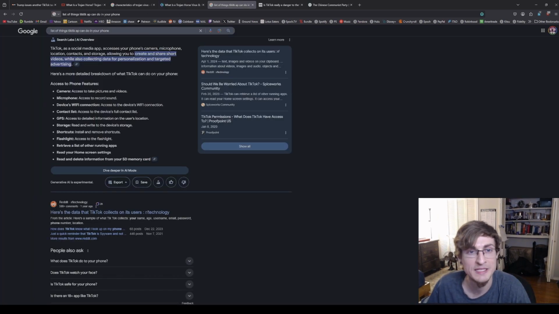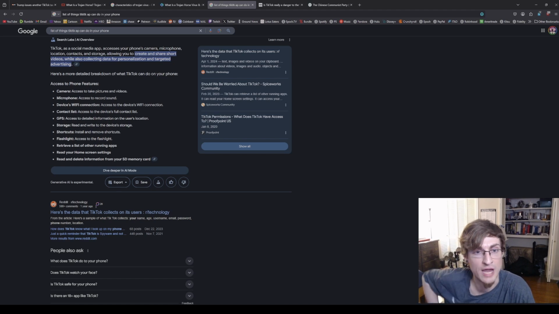So let's go over some of the different things that your phone allows access to when you install TikTok. These are the accesses to specific phone features. You give it access to your camera, to take pictures and videos. You give it access to your microphone, to record sounds.